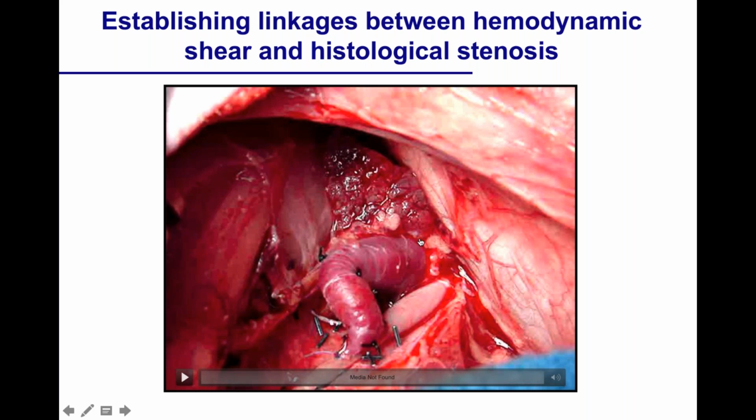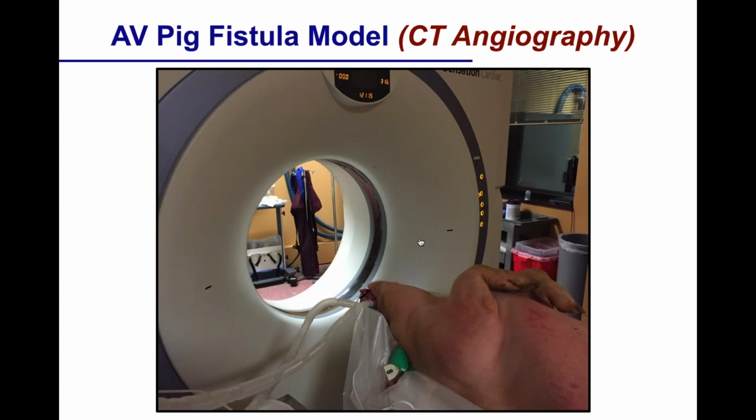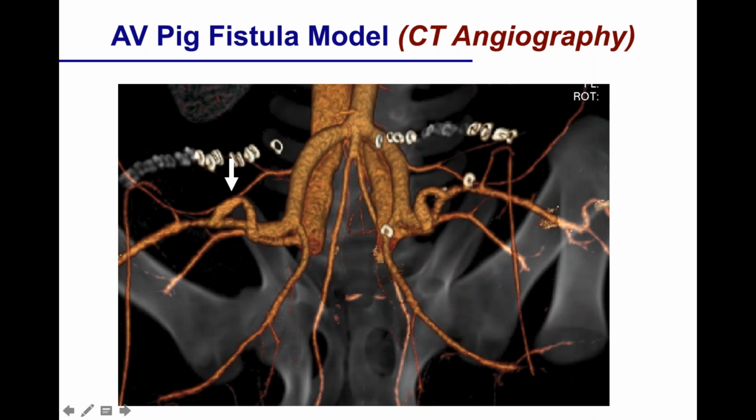And in our initial studies, we created this fistula, and then we took the pigs at different time points up to a CT scan. This was a very nice 64-slice CT scan. We had to get the pigs into the scan and then out of the scan before the actual patients came in. But what the CT scan of the arteriovenous fistula allowed us to do was